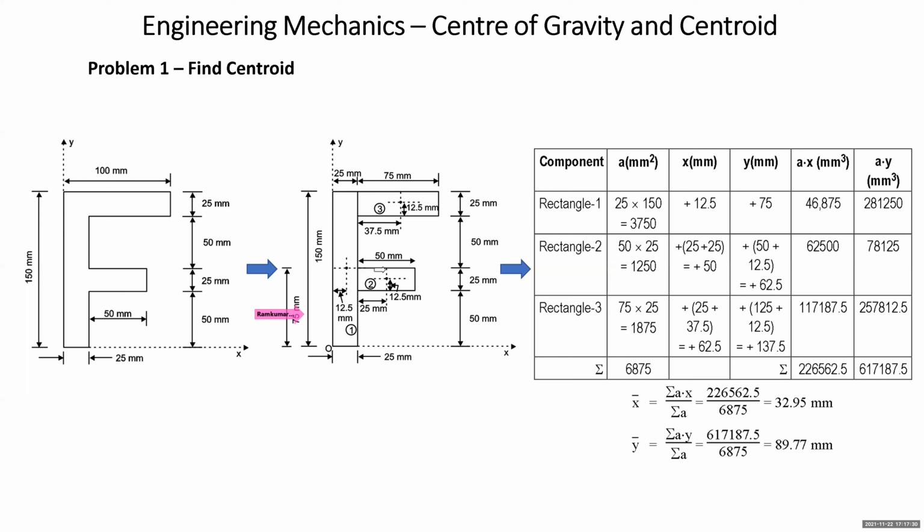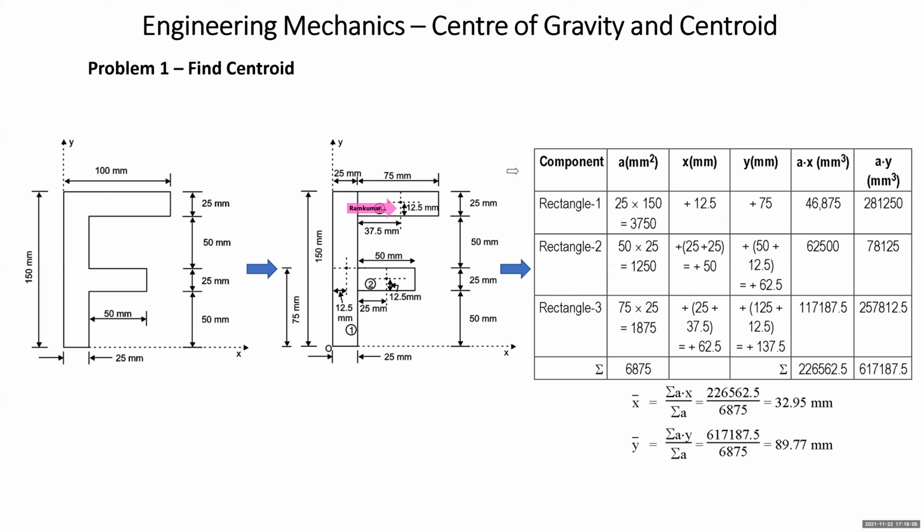Now the second component, a rectangle of 50 and 25. So what is half of 50? 25. And half of 25 is 12.5. So see, this very small distance is 12.5. Same way for component number 3, what is half of 75? 37.5. The center of the rectangle lies at mid width and mid height. Mid width 75 by 2 is 37.5 from this end as well as from this end. What is half of 25? 12.5. So this distance is your 12.5. So this way we have marked the centroid of each component.